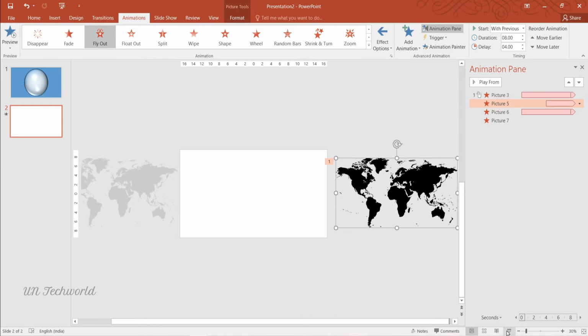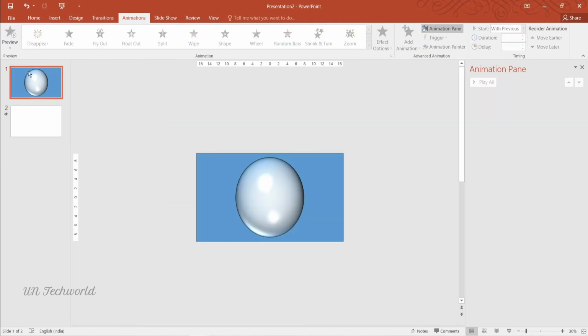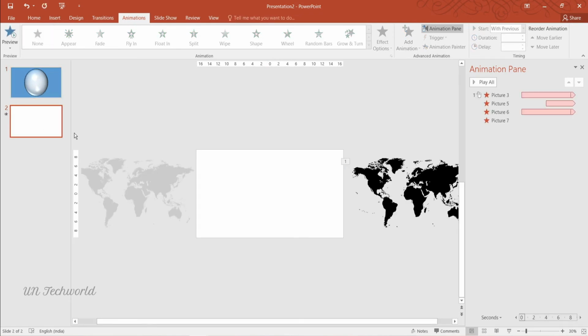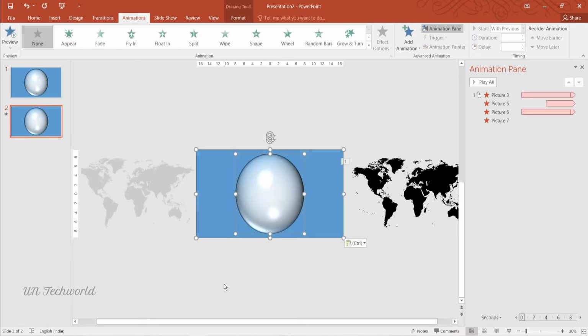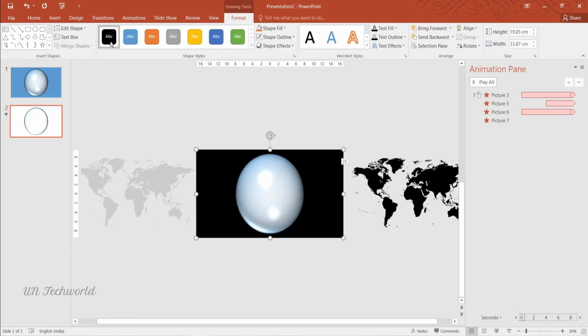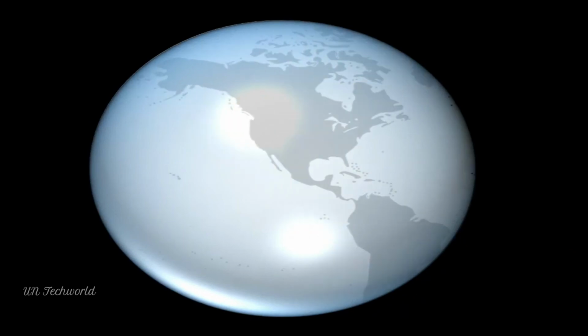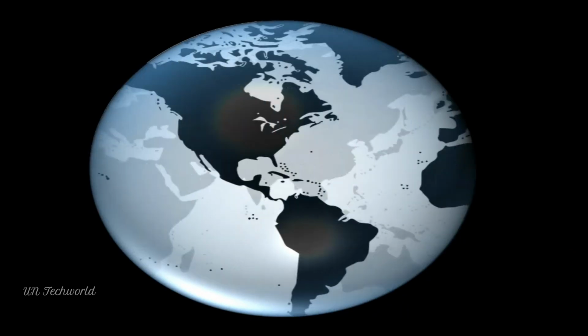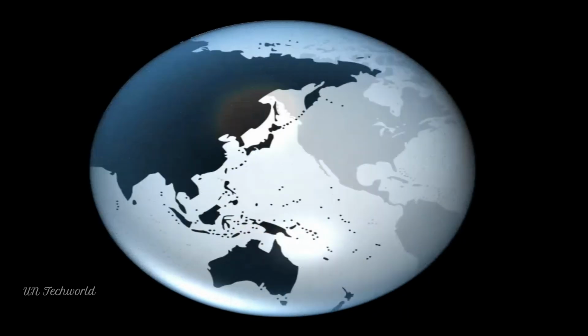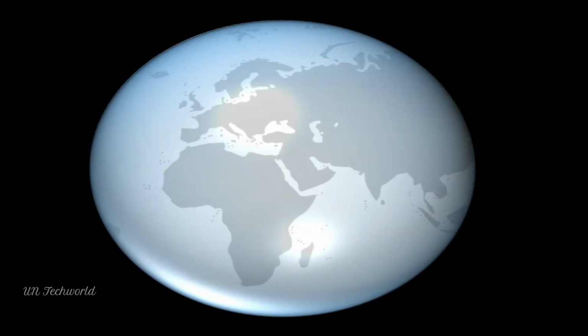So excellent. Now go to the first slide, copy both of this circle and rectangle, and come to the second slide and paste it. Now you need to change the rectangle color. Select the rectangle, go to Format and choose black. Now zoom it. Go to the slide show and play it. I am clicking. Yeah, nice. This globe is rotating. It is very simple. You can see the original globe is revolving.